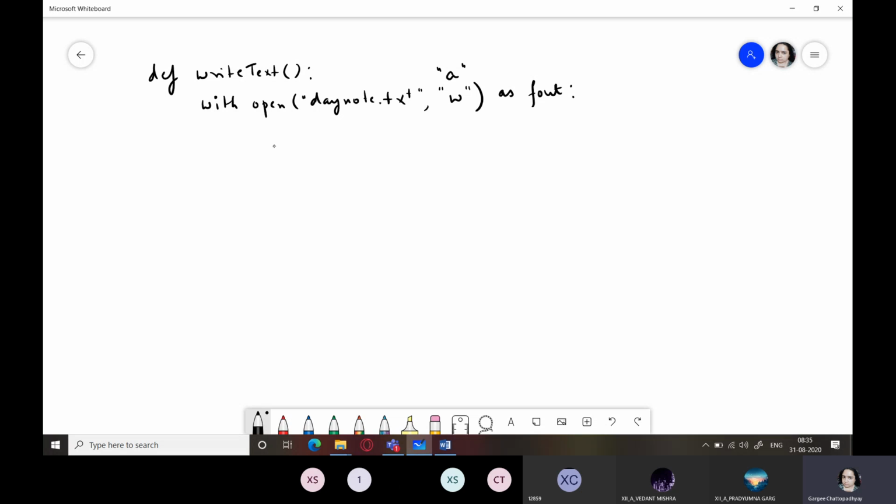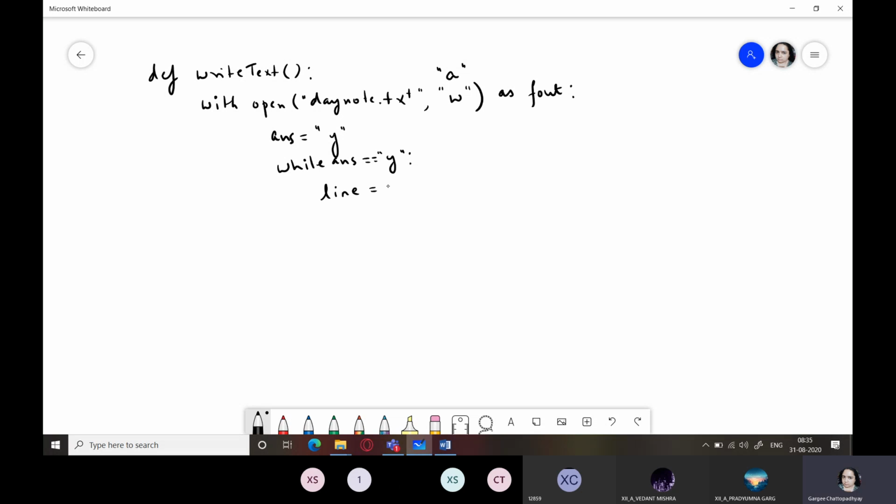Okay. Now what you have to do, you have to ask for multiple lines from the users, and then you have to send it to the file. So I'm going to take ans equals y, while ans is equal to y, that is, till the time the user wants.